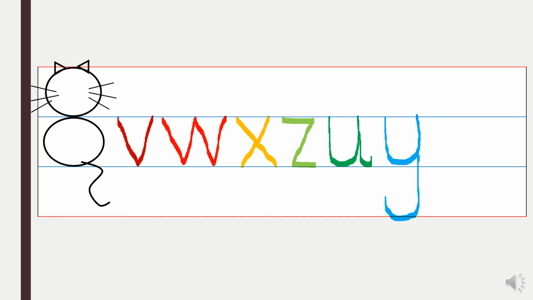Now the last letter we are going to see is the letter S. Very easy letter to write. It's the same as the mama letter, only smaller. So we need to start a little bit from below the blue line and give a snake shape and go upward like this. And this is the letter S. So that completes our baby letters in precursive format.